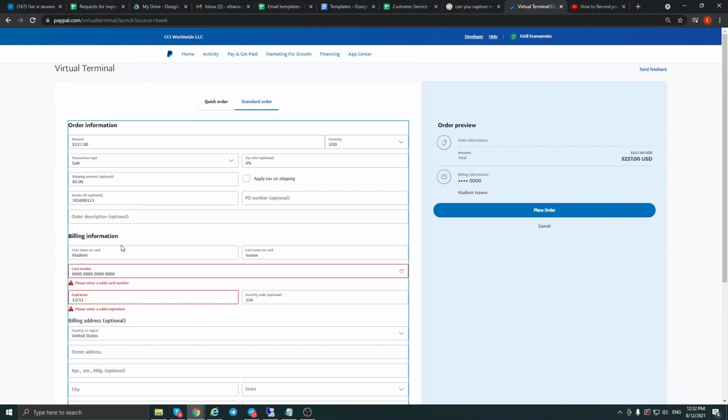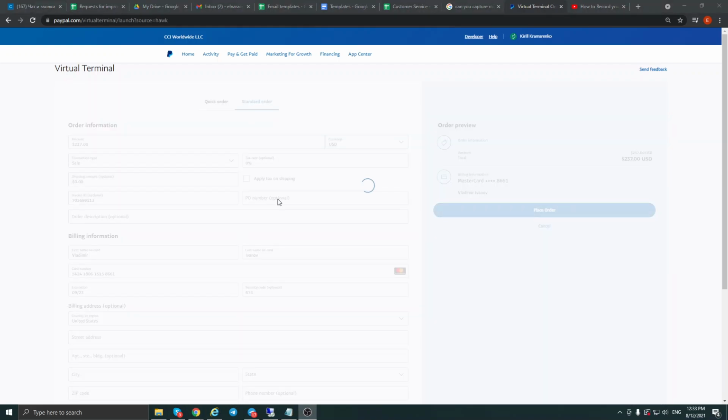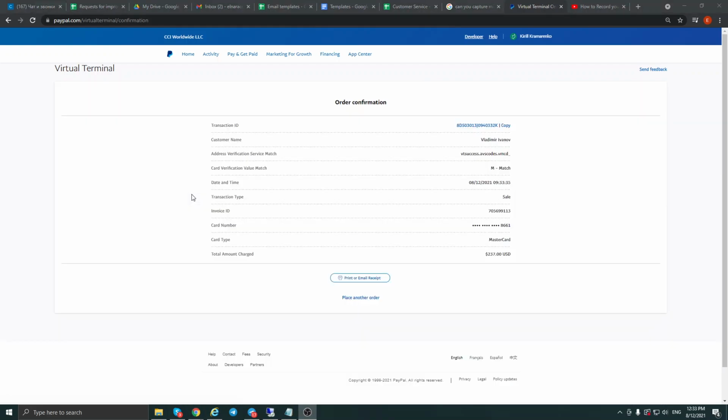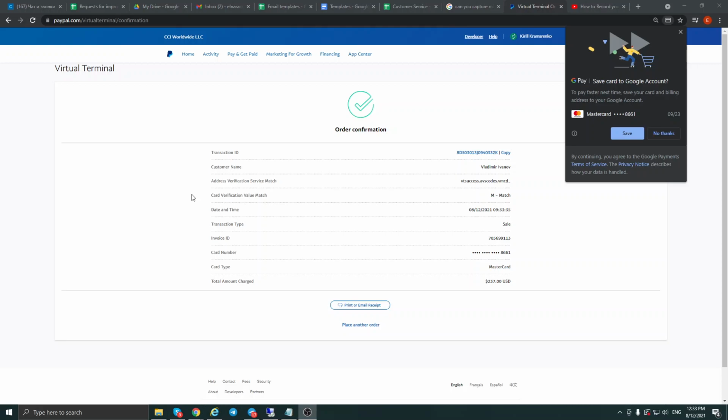After you have all the information filled out, let's just recap. We put in the total amount of the order, currency, invoice ID, first and last name on the credit card, number, expiration date, and security code. And then we click on place an order. Just place order. The order is,